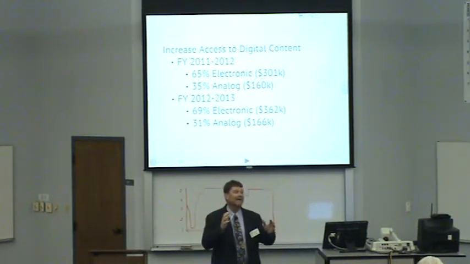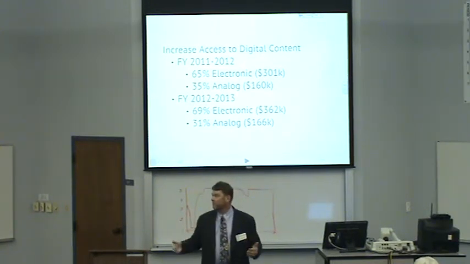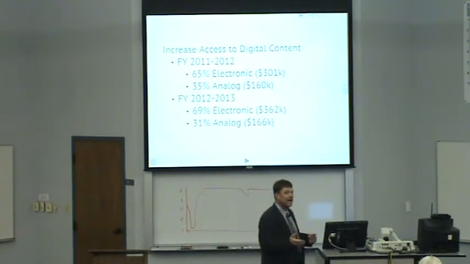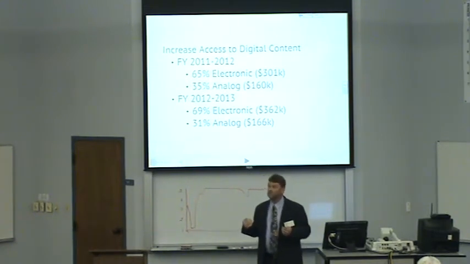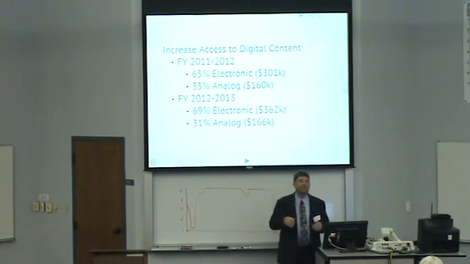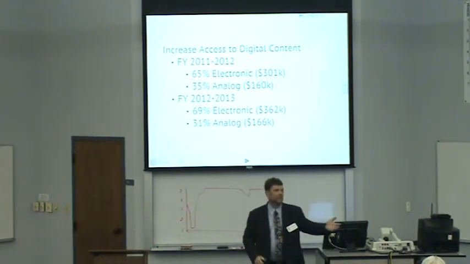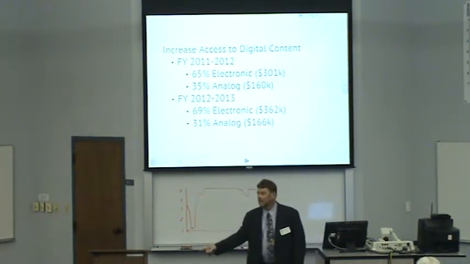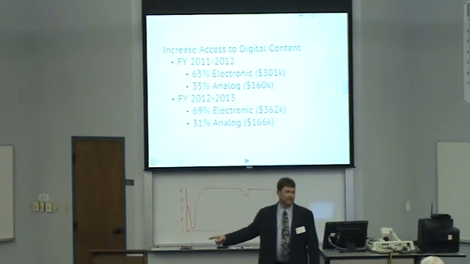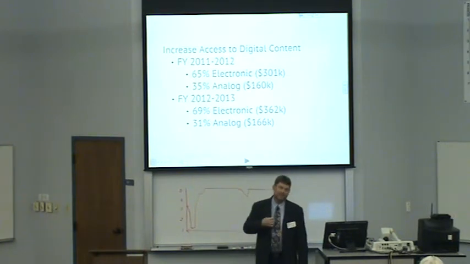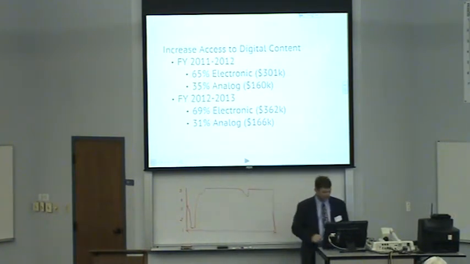If I buy any kind of electronic content, I'm going to pay 3 or 4 or 5 times the cost that you pay for it. So if I go out and buy a $9.99 book, I'm going to expect to pay $50 for it. Because the publishers are saying, if I sell it to an end user, they're the only one using it. If I sell it to the library, I don't know how many people use it. So I want more money from you. So it's not as cheap for me to go out and buy it as for you to go out and buy it.